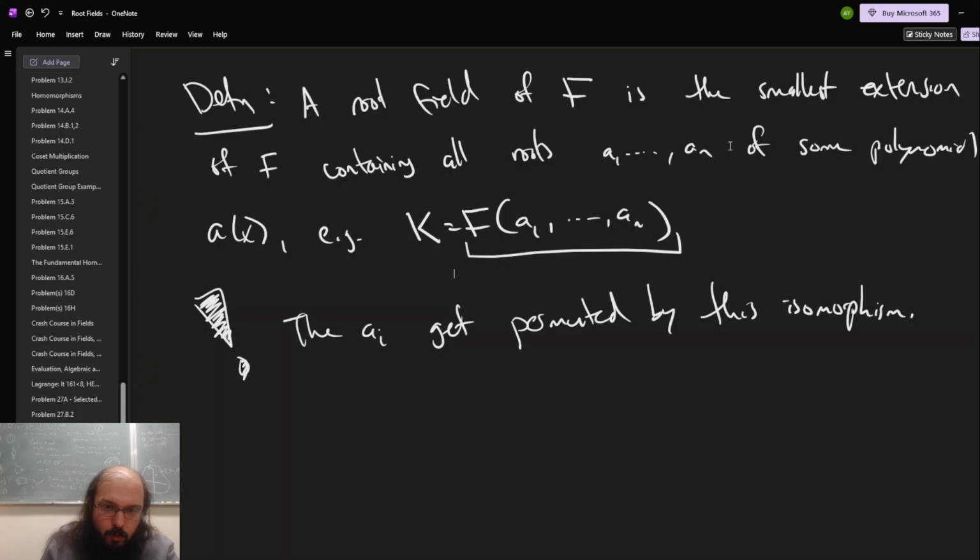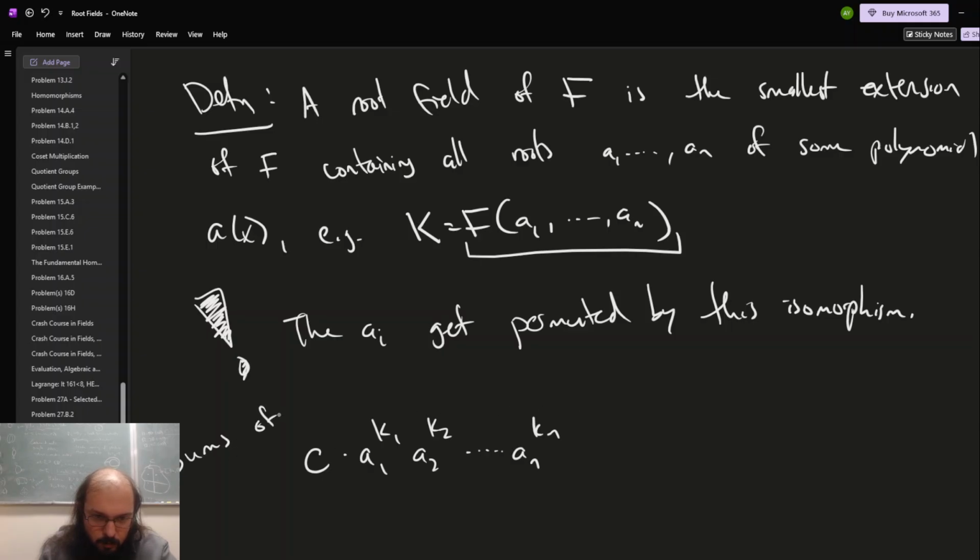And so what you get is something like a constant C times a1 to some k1 power, a2 to some k2 power, and so on, right? That's what the elements are. And then there are sums of these things. And the constant, of course, lives in F. H fixes F. H sends a constant to itself. And since the roots are permuted,